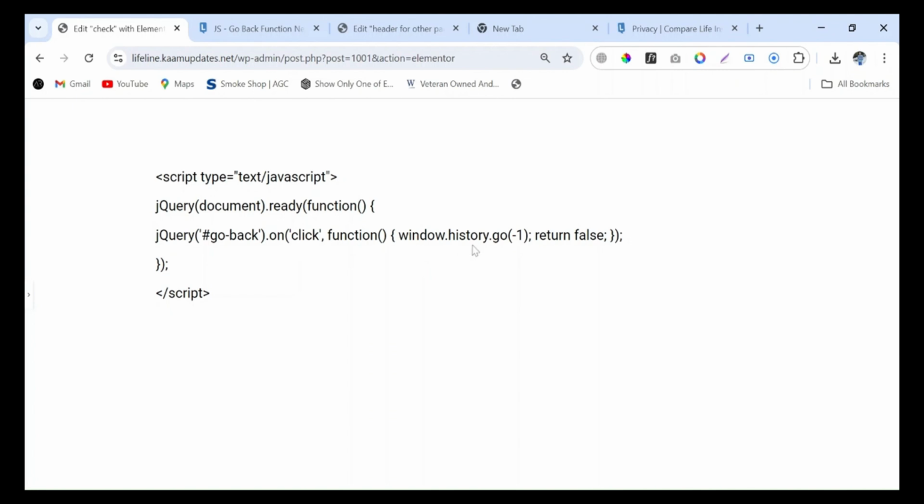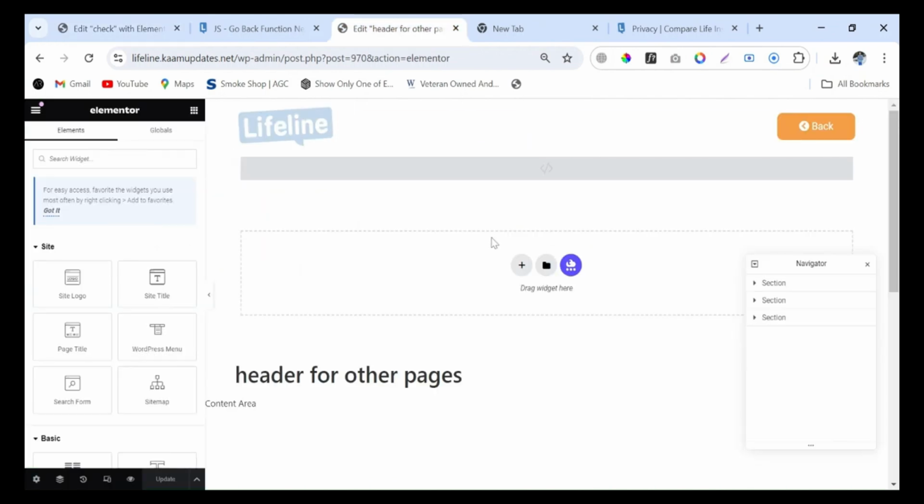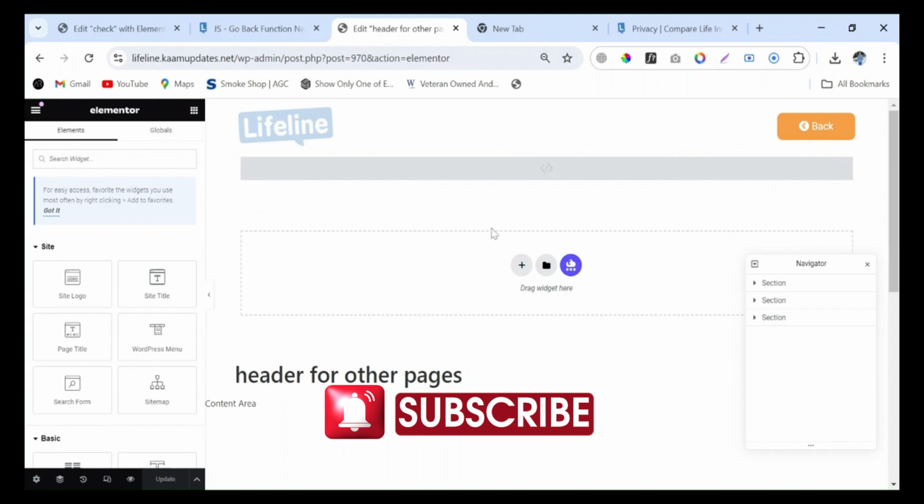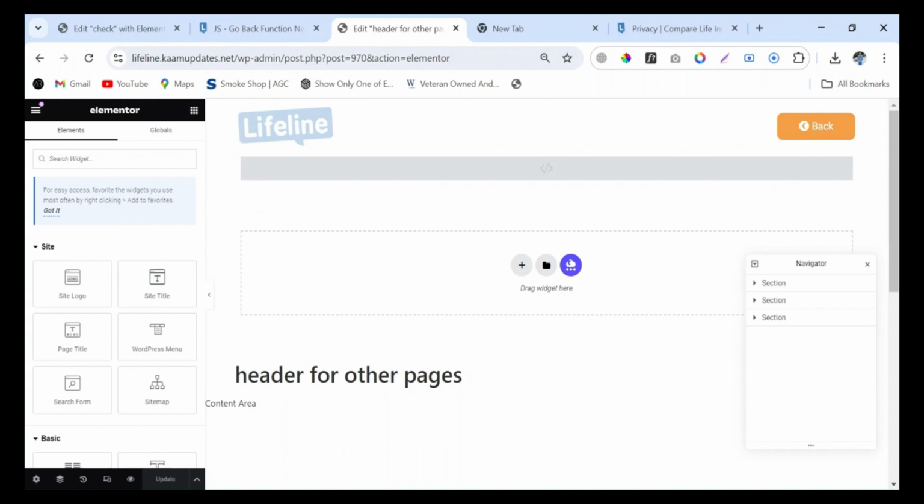In order to add this code, you need two things in your website. First is to add this code in an HTML widget, and second is to use a plugin. To simplify things, I will use the plugin so that you can easily add this.